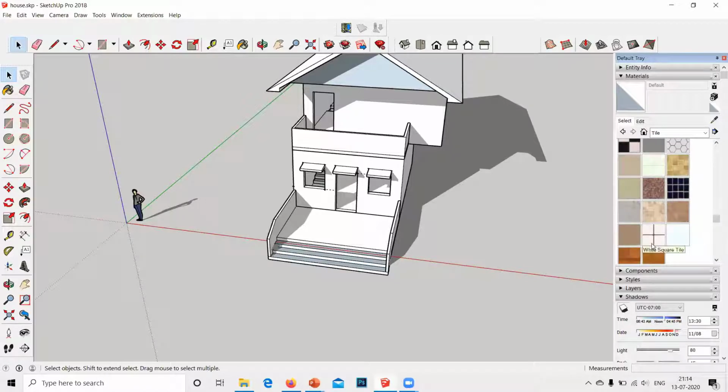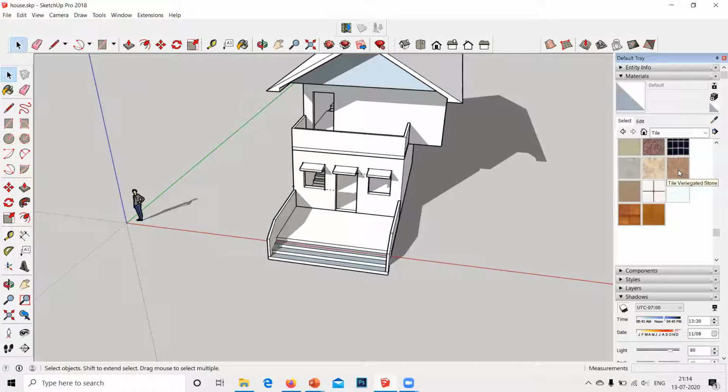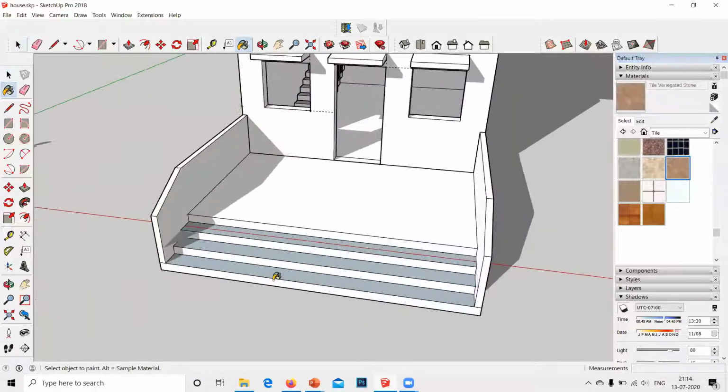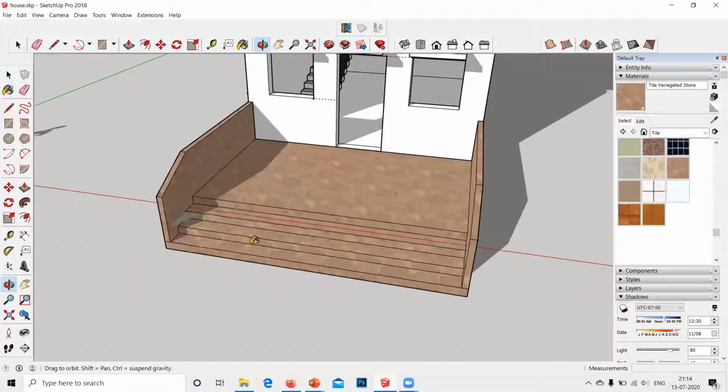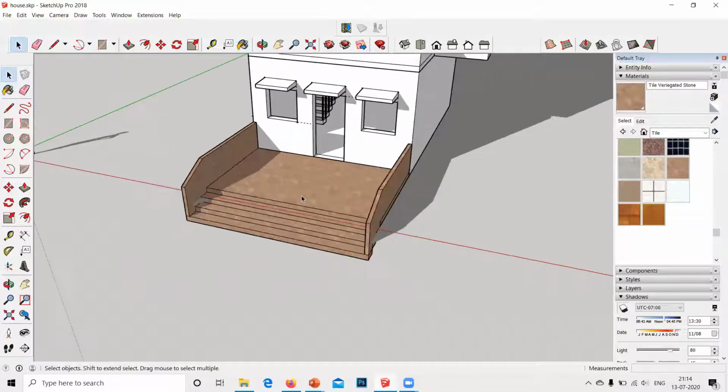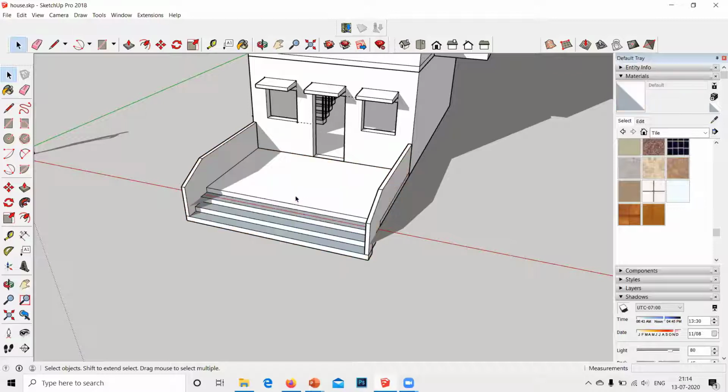Okay, I selected these tiles. Tile variegated stone. Nice. Okay, sorry. See what I did here. As this whole thing was a group, once I clicked on it, the whole group gets painted. I don't want that. Let's just Control Z to undo.